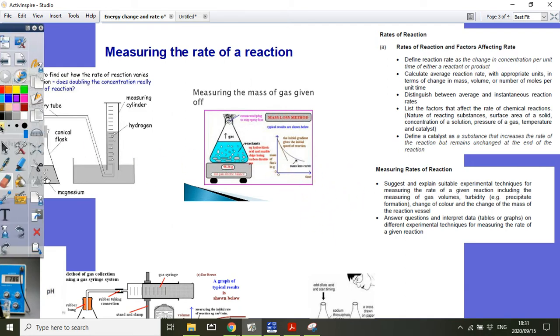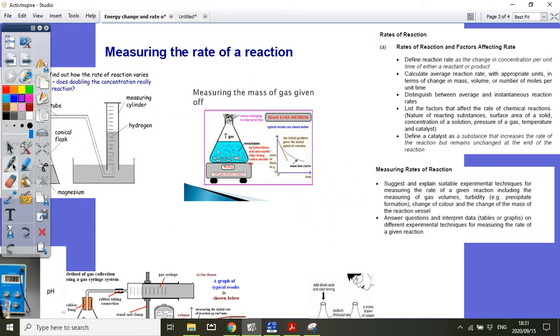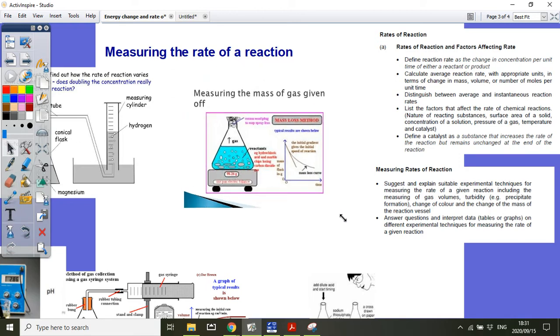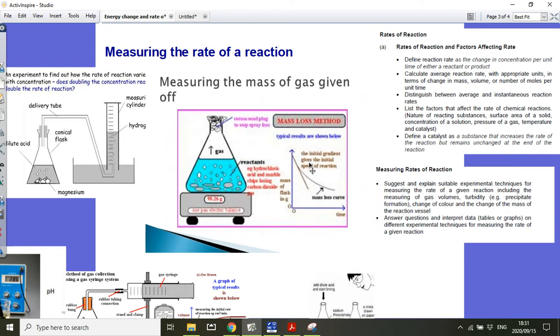Okay, so just quickly here, and we're going to use this for our next bit. So this one is one that is often given. You can look at the mass change of the system. So be careful also, sometimes it's plotted as the decrease in mass, and sometimes it's plotted as the change in mass. So the loss in mass. So in the beginning it would be 0, and then it will be going up. But again, the gradient of this graph shows you that in the beginning there was a fast rate,